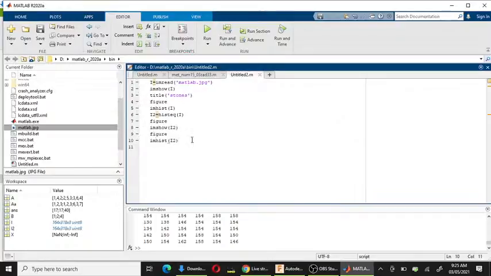Now the final step is to write the image.